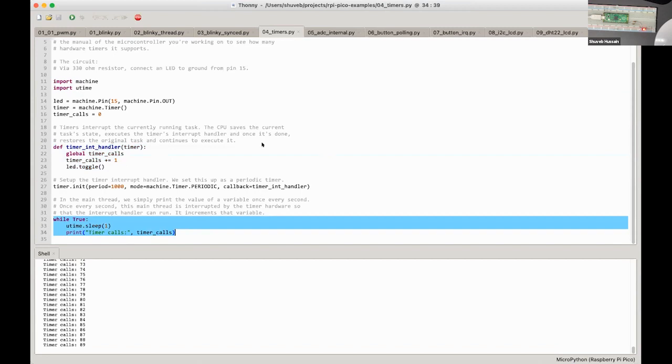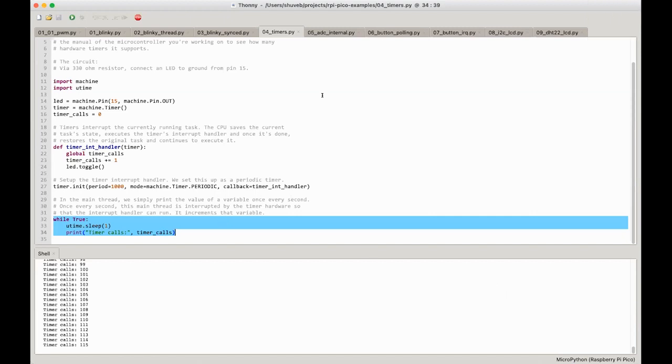So we now have a while loop. We can do whatever we want, but automatically the LED will keep blinking no matter what you do here. You can be in a tight loop here, doesn't matter. The hardware, the CPU, can interrupt your code, run the interrupt handler, restore your context and make you run again, right? I think this is really, really cool stuff, especially since you're doing this without any operating system at all.